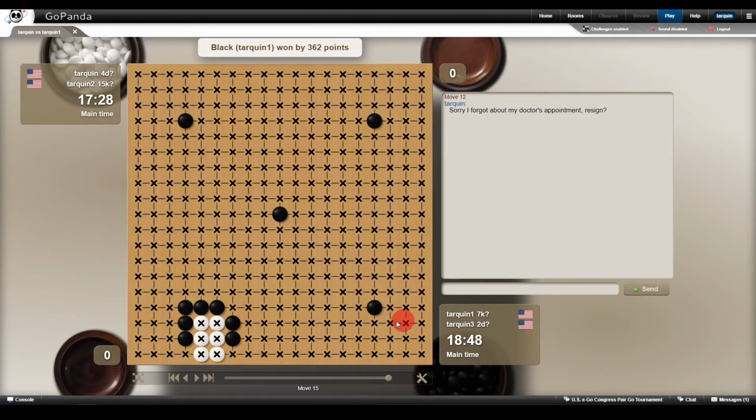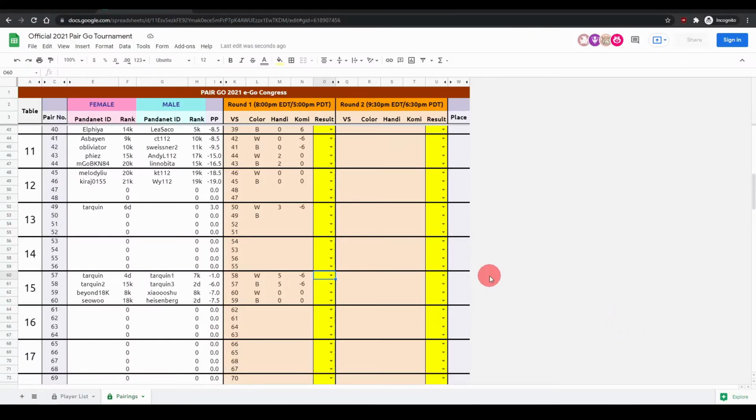So once you're done with your game, you'll want to go back to that Google Sheet. And here you'll be able to record the results for that game. So in this case, black won, so black would put a W here, and then you can put an L here for your opponent. And then once the other 2 pairs have done the same, so let's say, for example, this pair lost, and then this pair won,